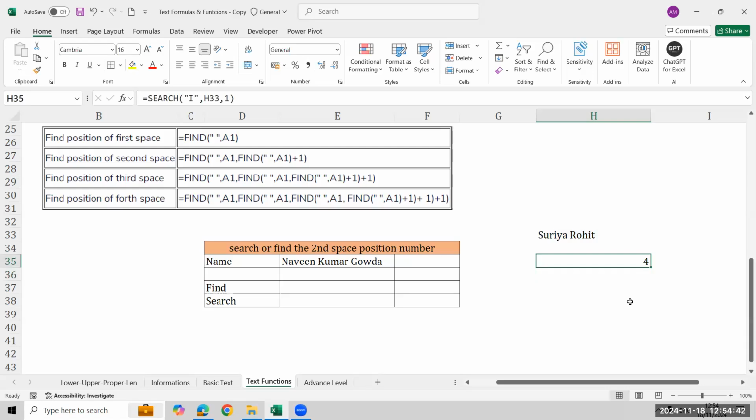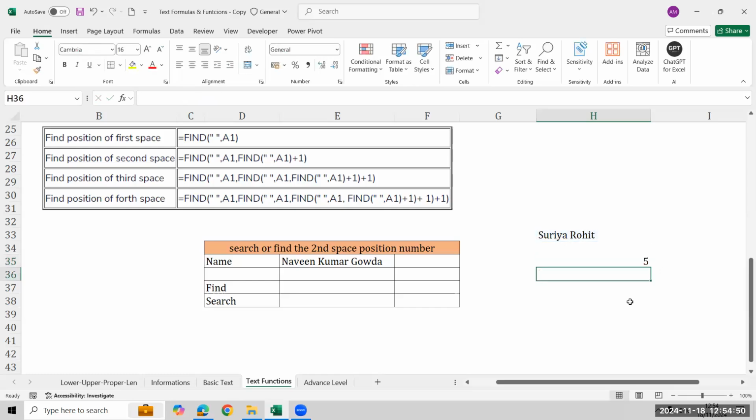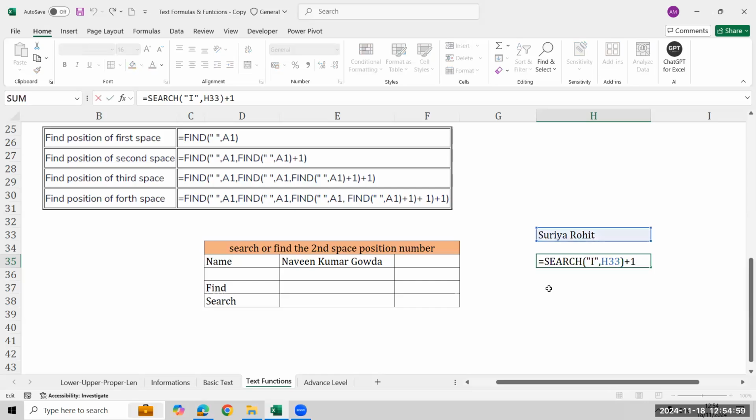Is it giving you any other option? No. After this, if you close the bracket and give +1, what letter are you getting now? In Surya, I is the 4th letter and the 5th letter is Y. From here, you need to try one more search. So your starting position is the 5th letter. The second search will start from the letter Y and